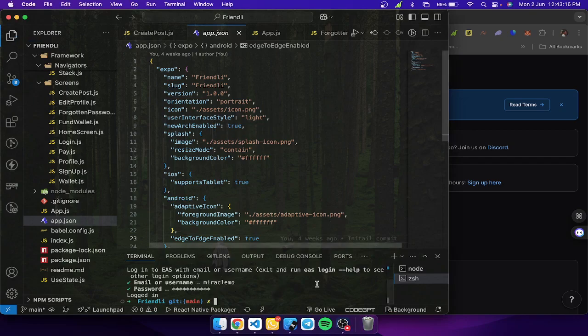Now the next thing is we're going to start to bundle our file. Just simply run this command. If you are using Mac, you add sudo. If you are using Windows, you just start with EAS. Before now, I already installed EAS on my PC. If you don't have EAS installed on your PC, you could just run